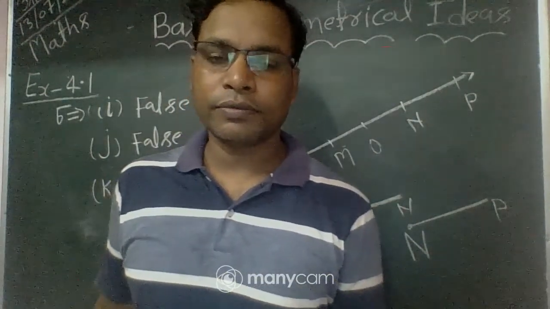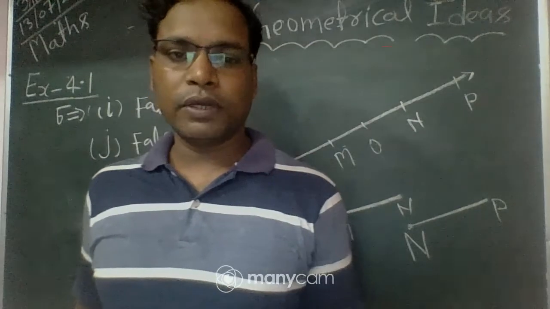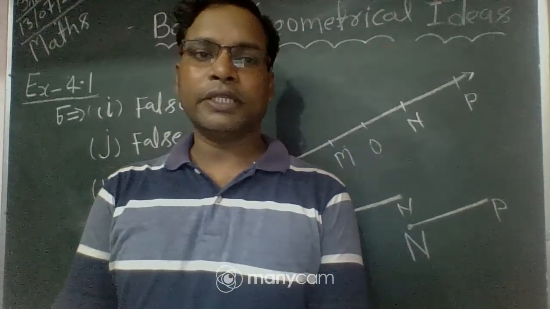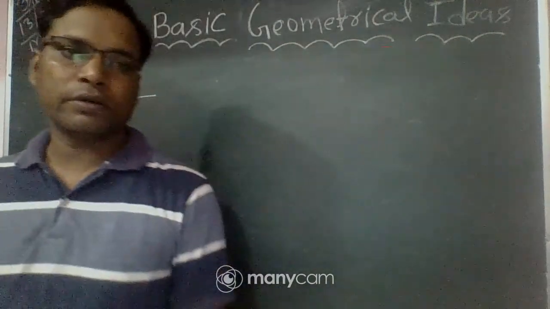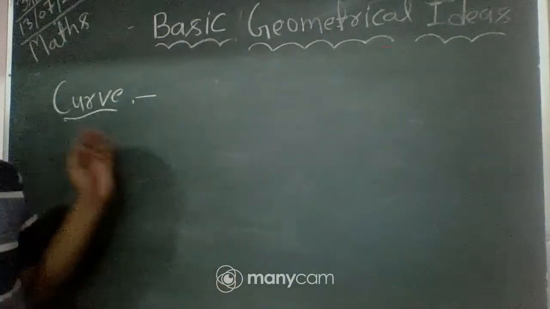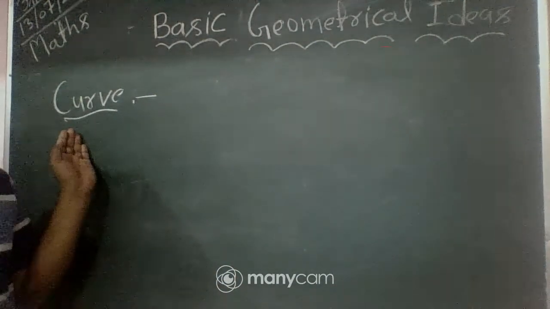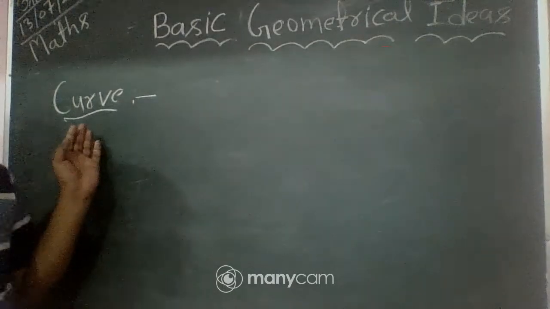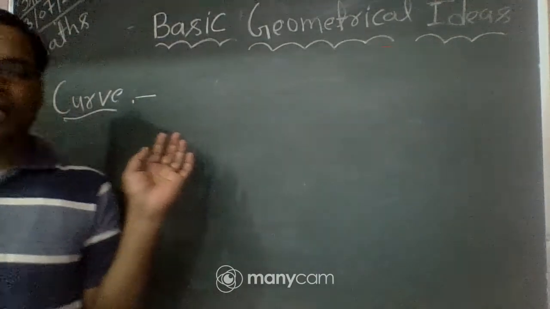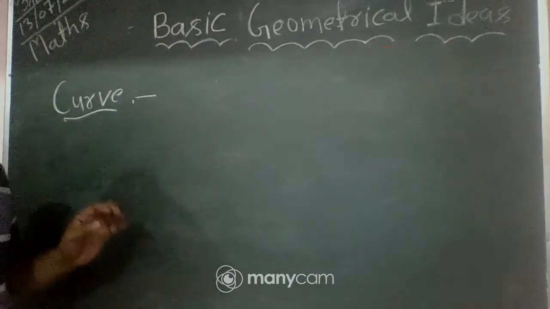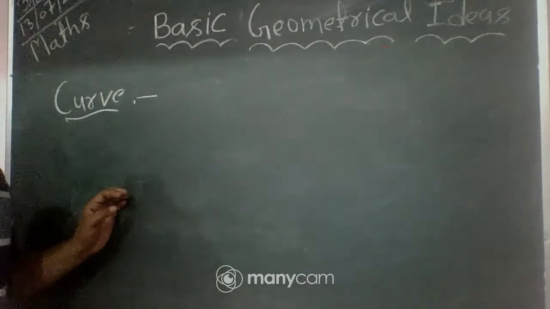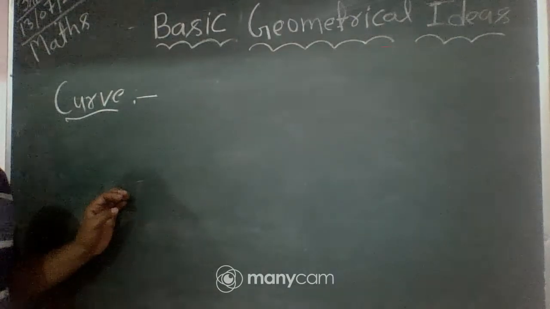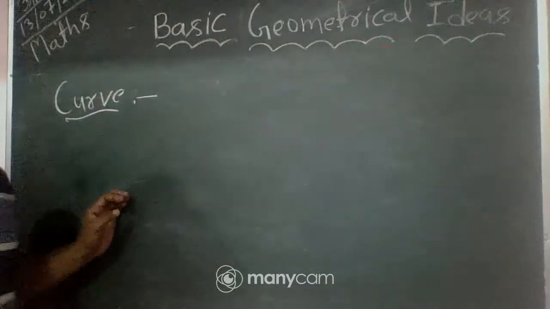Okay, now we are going to discuss a curve and types of curve after exercise 4.2. So let's see what a curve is. One question arises here: what is a curve? Okay, students, you have pencil and paper. If you put the sharp tip of a pencil on the paper sheet and move from one point to the others without lifting the pencil, then the shapes so obtained are called curves.